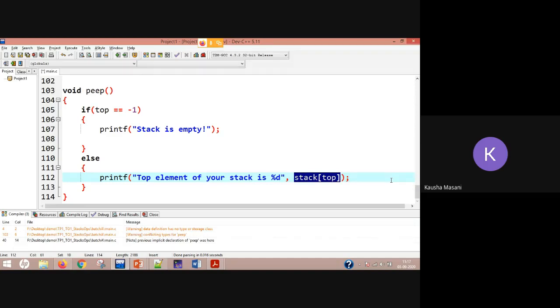Because the function of peep is to return the topmost element, you just have to simply print it for your user. It can be done quickly.